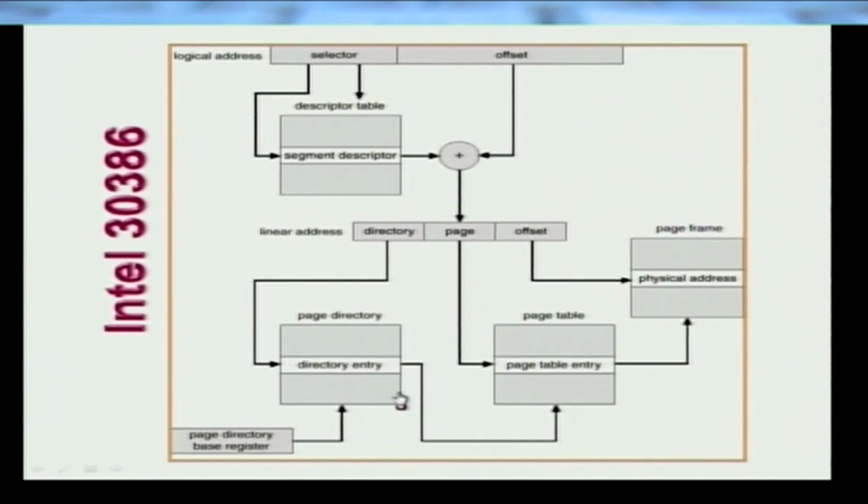As many entries are here, that many page tables would be available. Therefore, this is a page directory. A directory contains the address of many page tables. One such page table is taken and loaded into the main memory. The corresponding page is also taken, and inside the page table the corresponding page table entry is identified, which would now